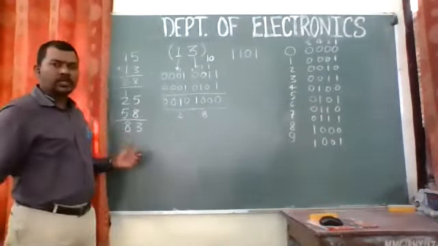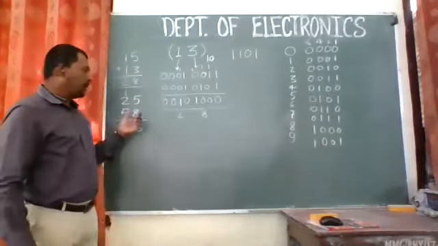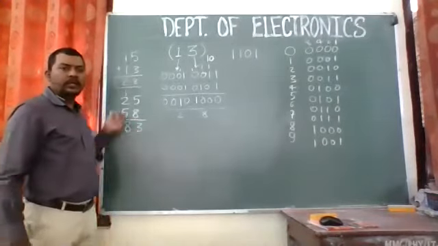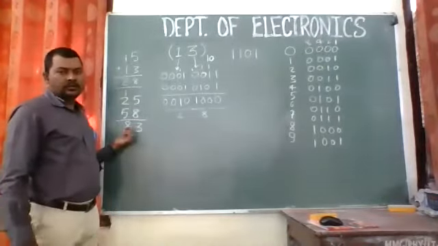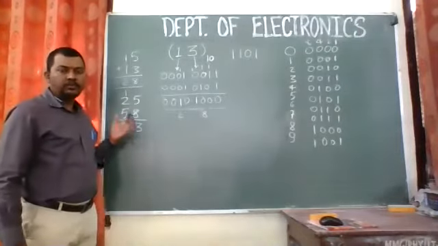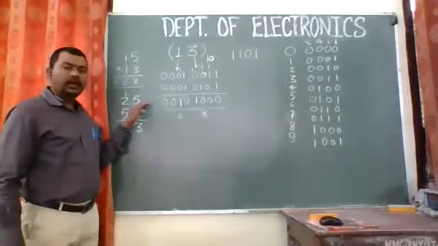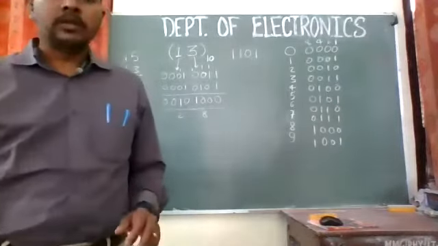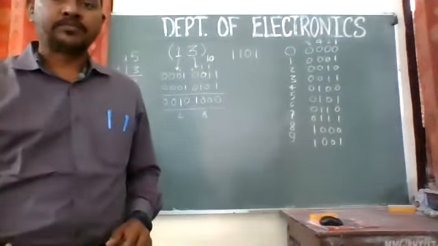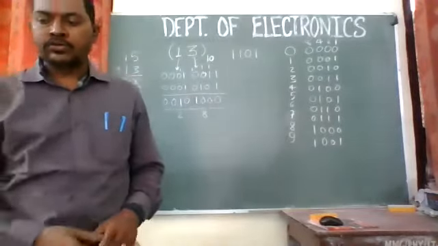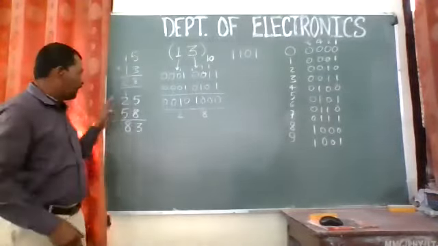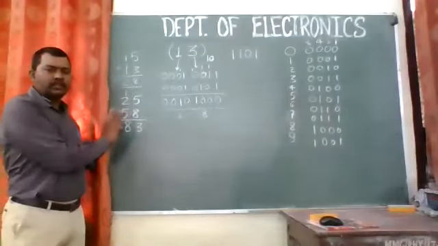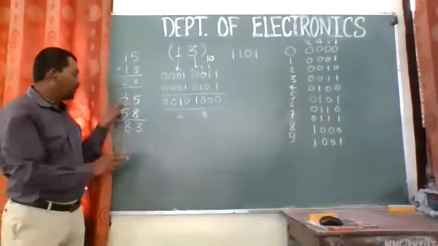Now in this, what happens? We have just generated a carry from the first bit, and we have added it in the MSB. MSB means most significant bit, and LSB means the least significant bit. Have you got this? Is there any problem over there? No. Have you understood? We have just taken the decimal addition. We have not done anything.